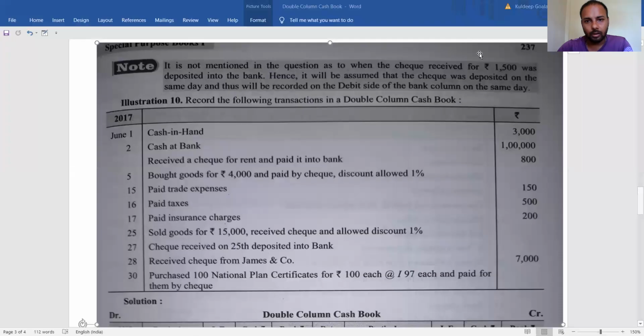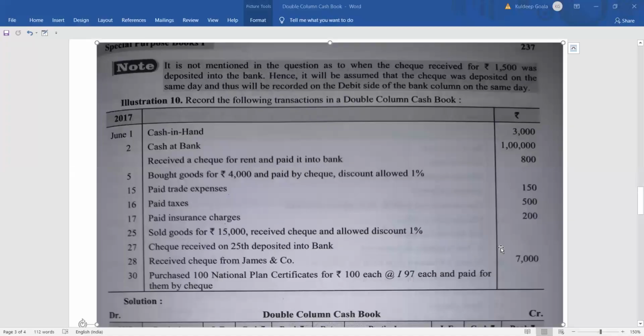So as we are going to start, before that, I'll just give a quick recap of what we have done in the previous class, because the previous class was very important, especially when we talk about the entries that are related to the cheque in hand. That is, when the situation arises that the cheque will be taken as cheque in hand, a situation when the cheque has not been deposited. It has been received, but it has not been deposited in the bank. Rather than depositing in the bank, what we have done is that we have kept it in our hand and we have deposited on some other day.